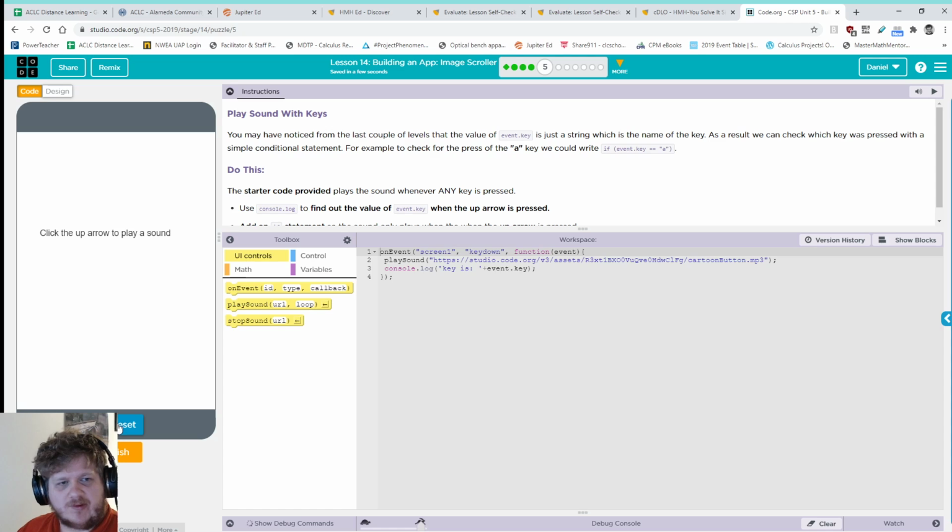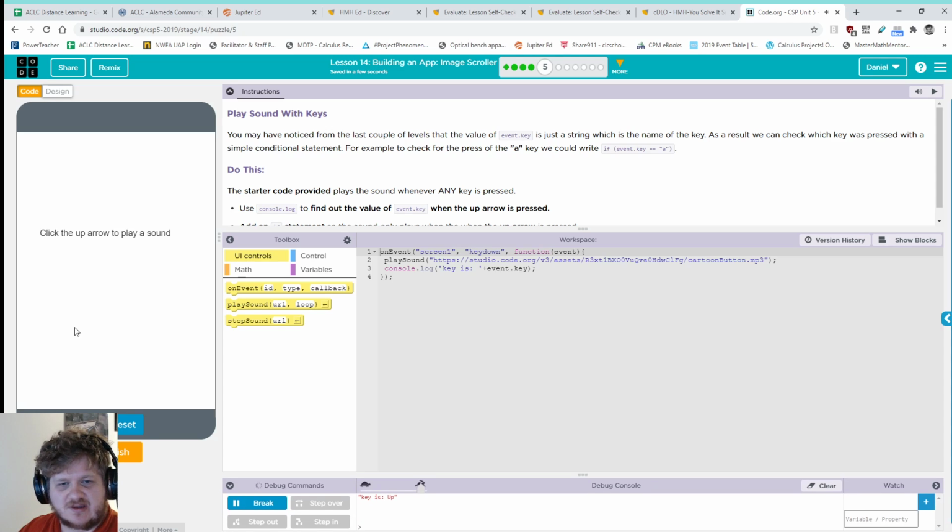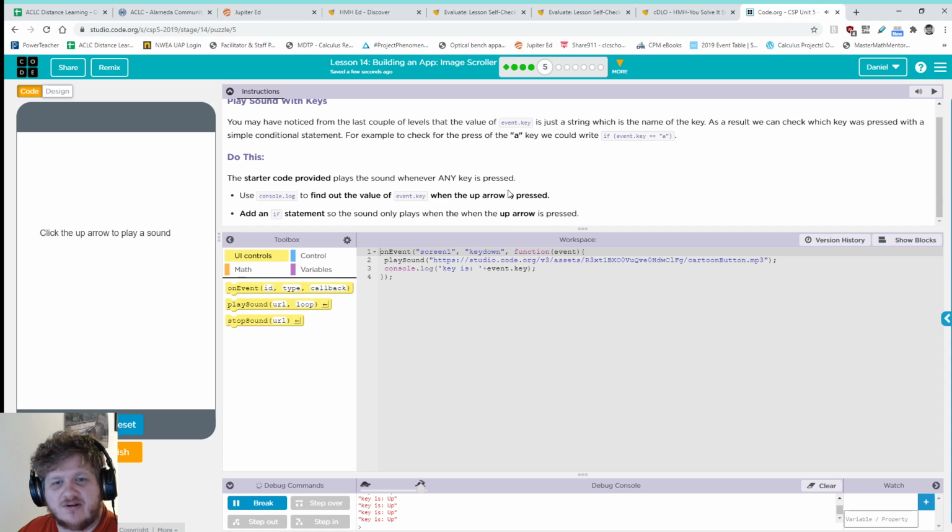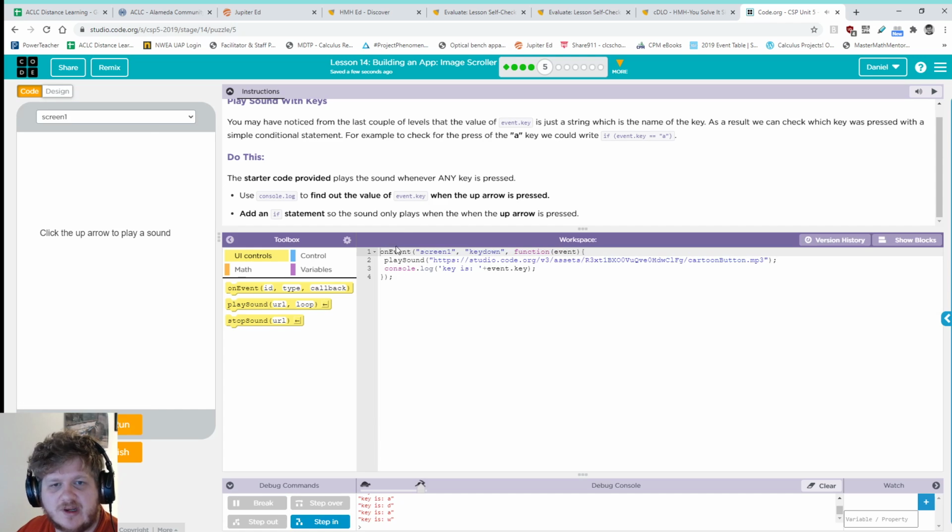Now if we click the up arrow to play a sound, so we press the up arrow and we get to be very annoying. So let's try D. Right now it does it for everything. So what we'd have to do here is add an if statement using the event key, which we can copy the idea from up there. So if event.key equals,